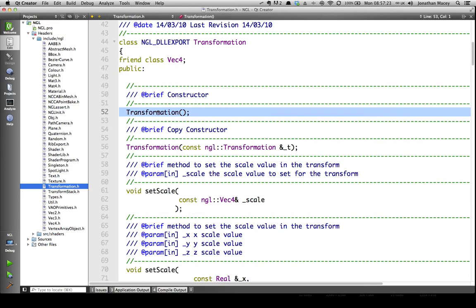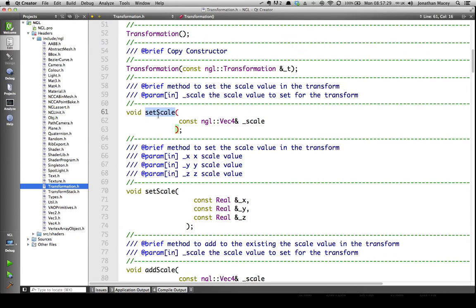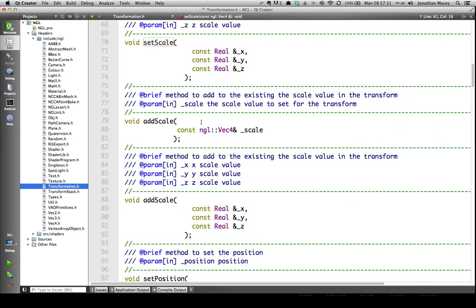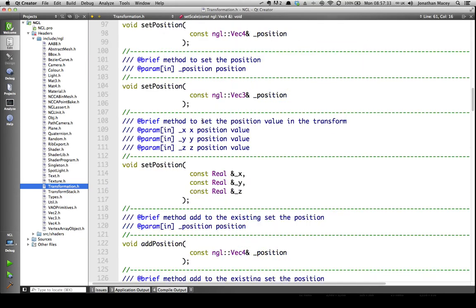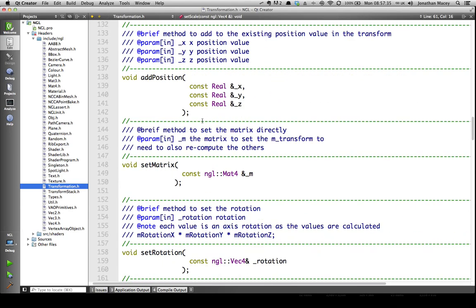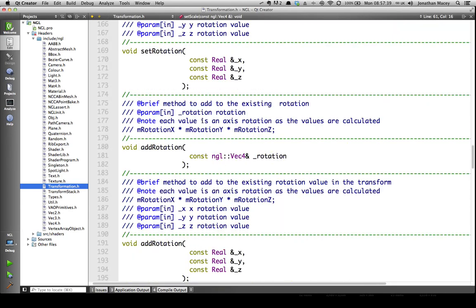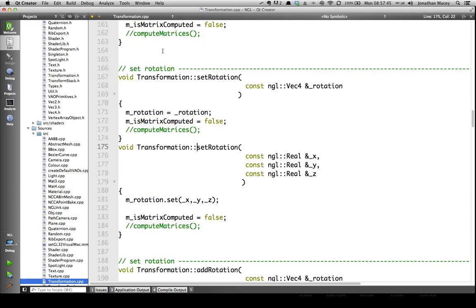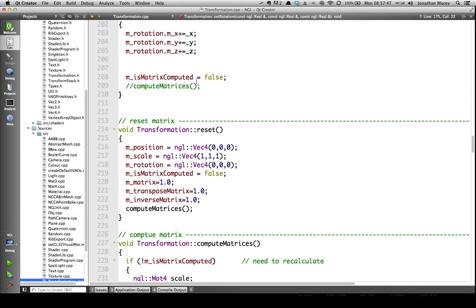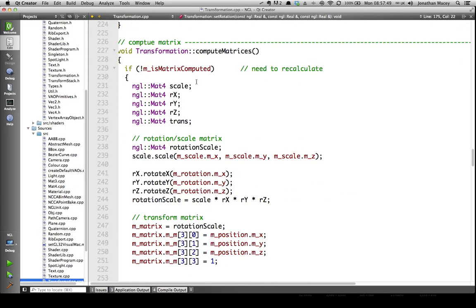When it's constructed as the identity matrix, it does nothing. We then have methods to set scale, to add scale, to set position, to add position, and to set rotation and add rotations. And the rotations are standard Euler rotations around the Cartesian axes. And the final thing that happens is we have this